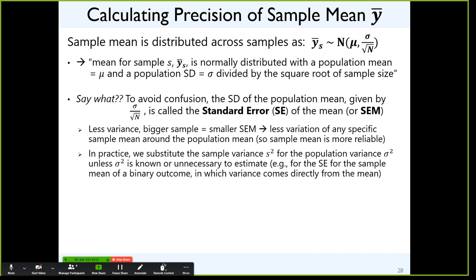Other instances in which you could trust the population variance is if you don't need one. Like for a binary variable. In that case, the variance comes from the mean directly. That's not a separate number that we have to go and find. But other than those two situations, we just say, yeah, I know we don't have that number, so we're just going to use one from our sample.